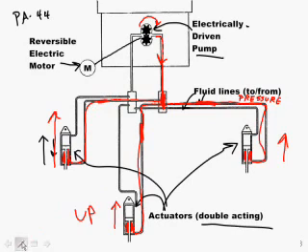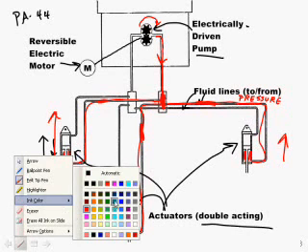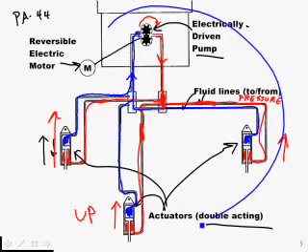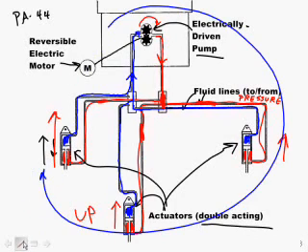And at the same time, we'll use blue. At the same time, I know it's dyed red, this blue fluid comes in this direction. It goes up here. The fluid in this side of this double-acting actuator goes up here. And the fluid on this side of the double-acting actuator, it goes here. So all we're doing is pumping the fluid around in a big giant circle. And then, of course, if we reverse it,